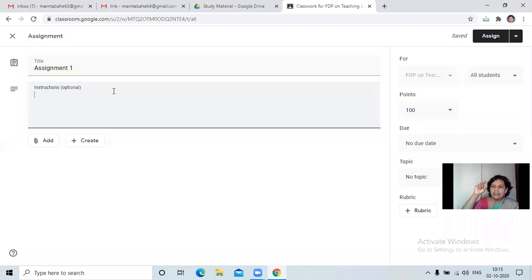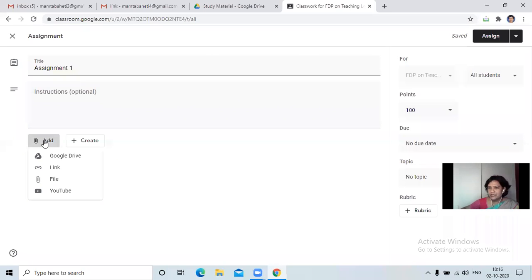Like we say that attempt only one, or choose the right one, or so much time will be allotted, or follow this set of rules. So all those things can be mentioned in the instruction section. So that instruction section is visible to the students and they will follow it. Okay. Now again the 4 options with respect to assignments.